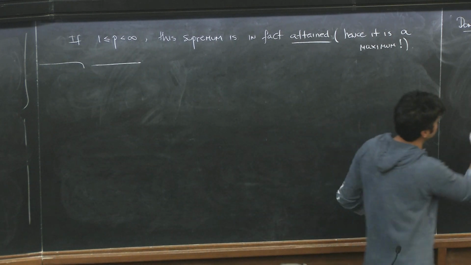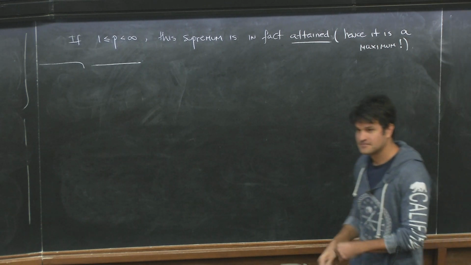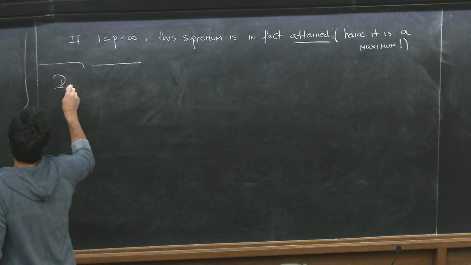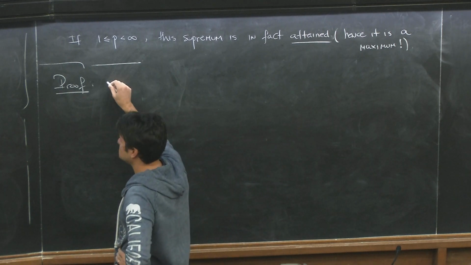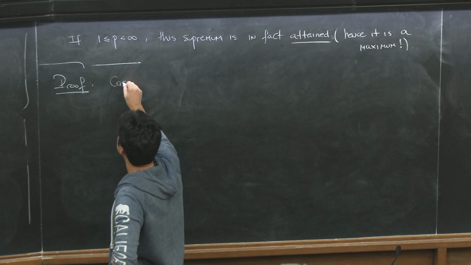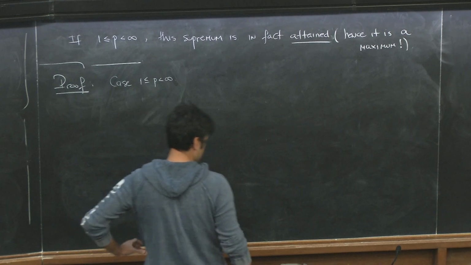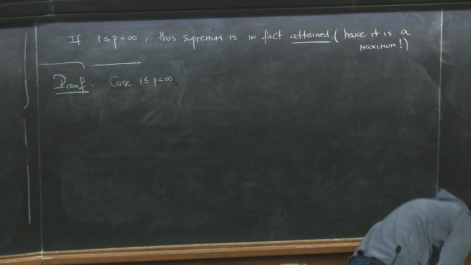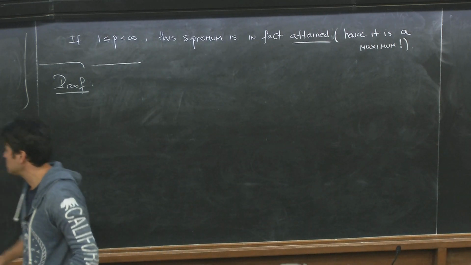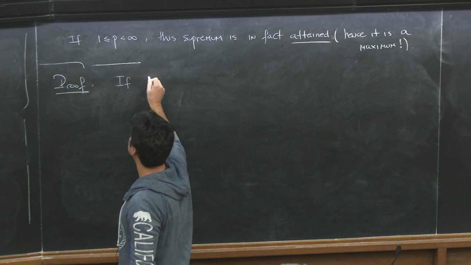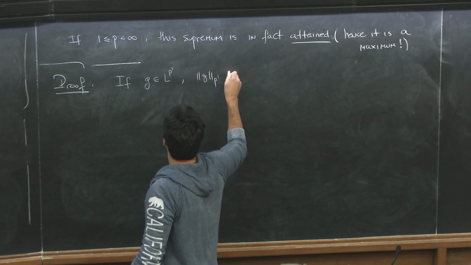Let's see if we can prove this. This will conclude the class today. Proof. Well, let's consider the two different cases. But before we split that, one of the sides is trivial. One of the sides of this inequality is trivial, because if g belongs to LP prime, and the norm of g in LP prime is less than or equal to 1,